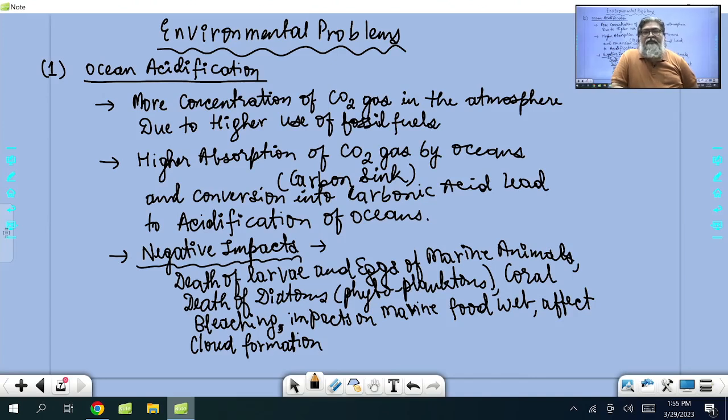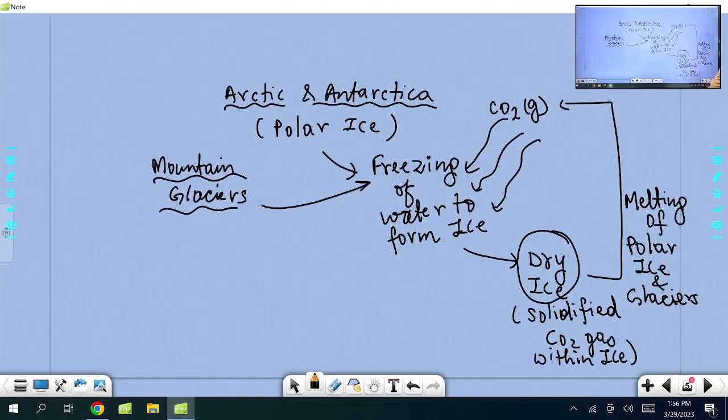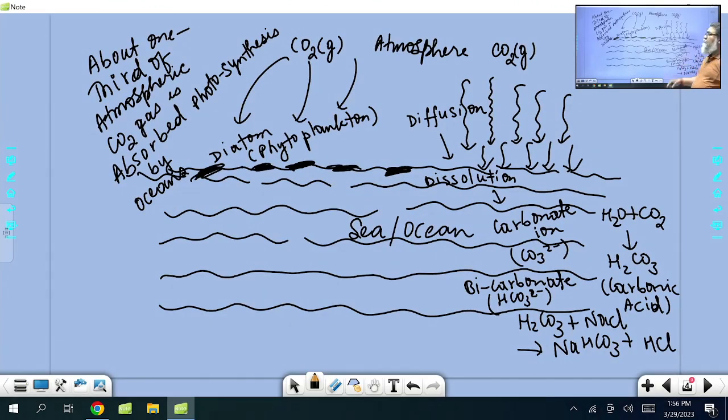And I've given you an idea there. That's why I've written that reaction. Why have I written this reaction? I have written it so that you are able to understand this: carbonate and bicarbonate, carbonic acid, which become part of the skeleton of marine animals.